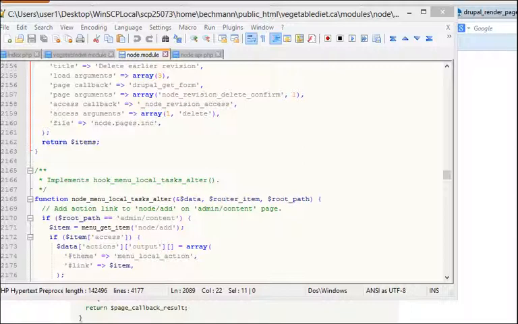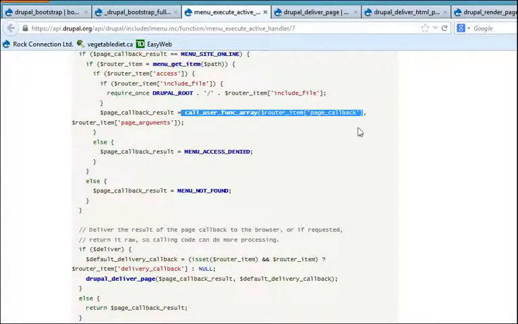That, of course, can go off in any kind of direction, but let's just assume for the moment that a simple, if there is such a thing, simple callback happens, the page information is assembled, and then what happens is